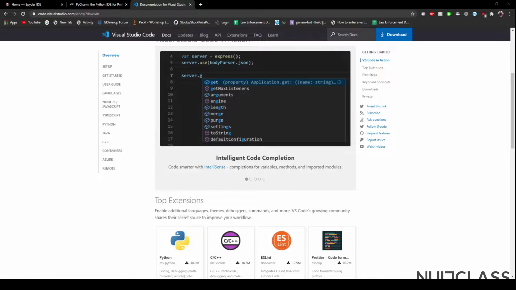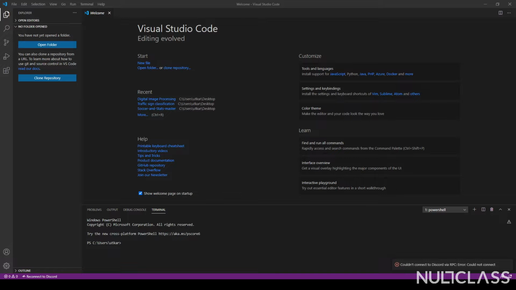So when you open VS Code for the first time, the window will look something like this. So here, as you can see, in this customize option, there are tools and language support for JavaScript, Python, Java, PHP, Azure, Docker, and various other stuff. But in machine learning, what we will be needing is Python only.